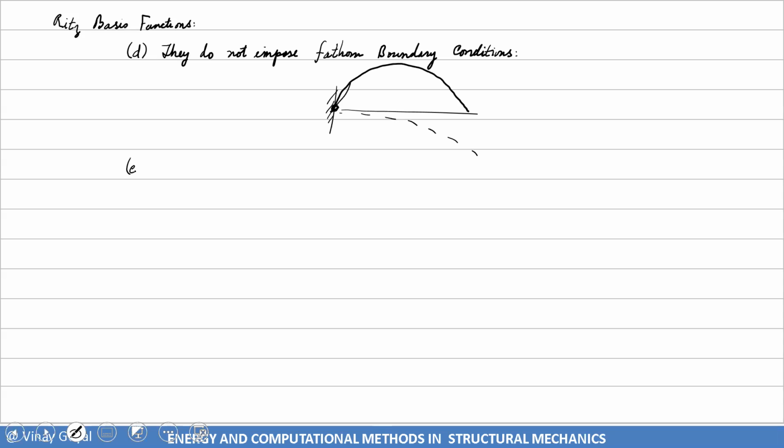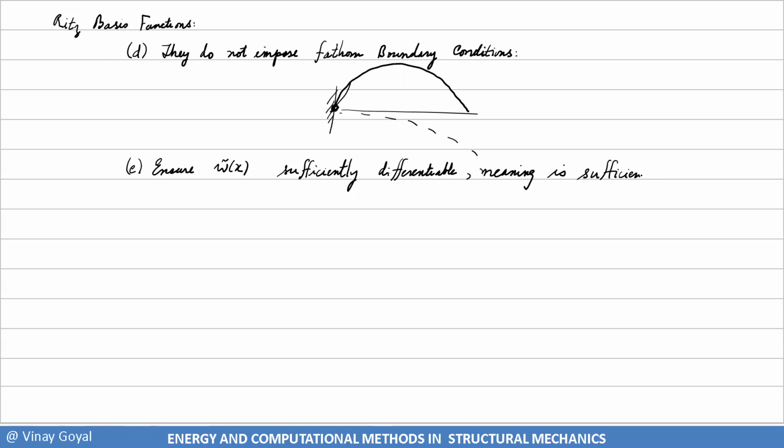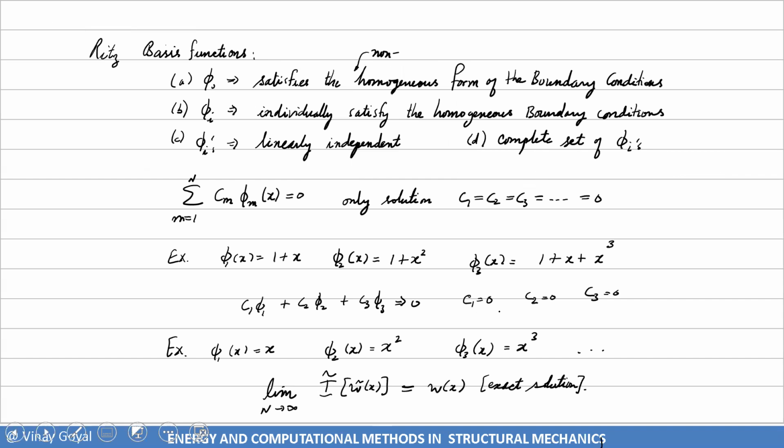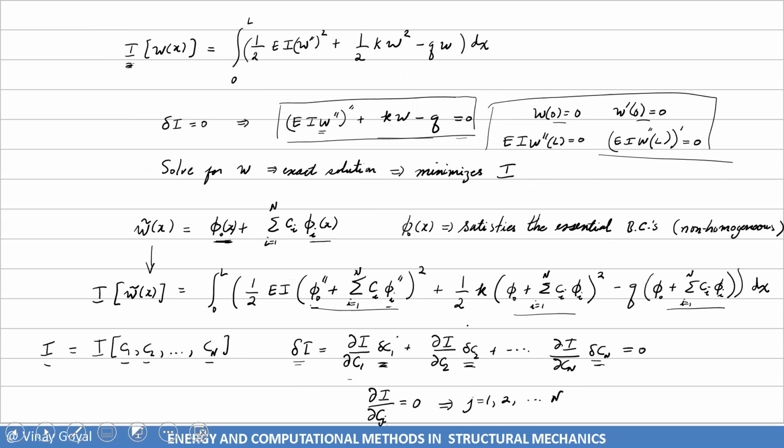You also want to make sure, ensure W tilde of x, the approximation function, is sufficiently differentiable. Differentiable, meaning is sufficiently smooth, if that makes any sense. What I mean with that is that if you look at I for our example,